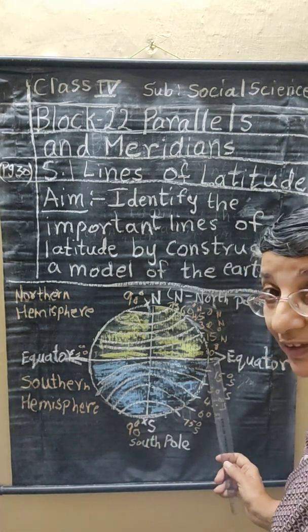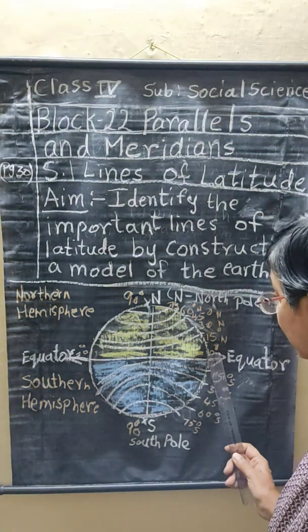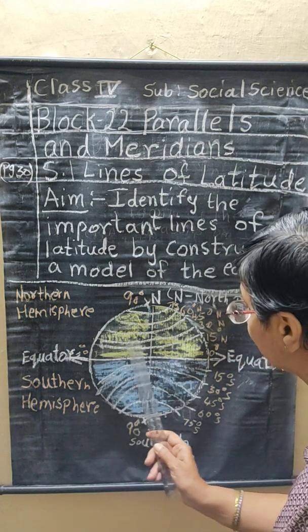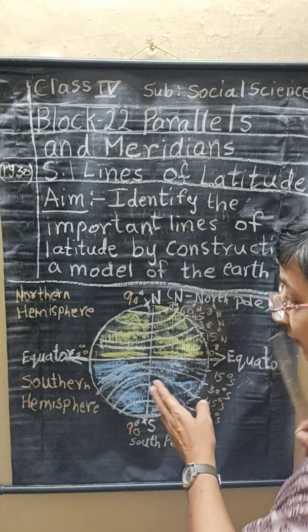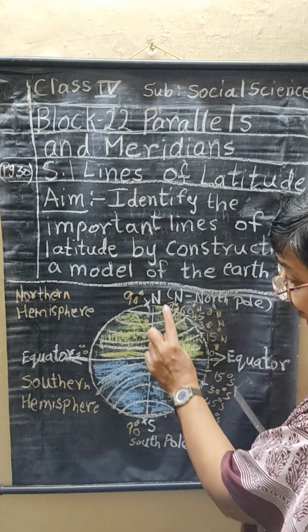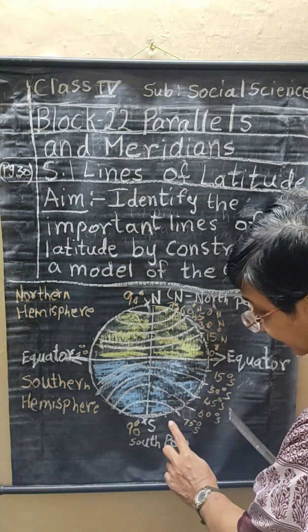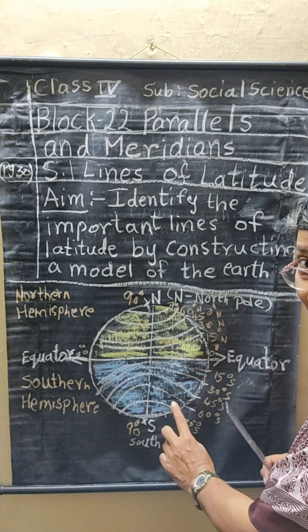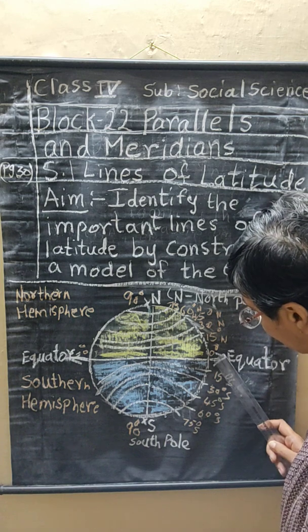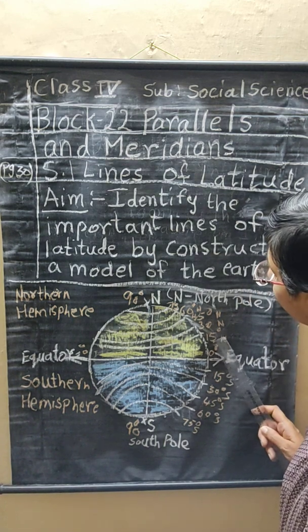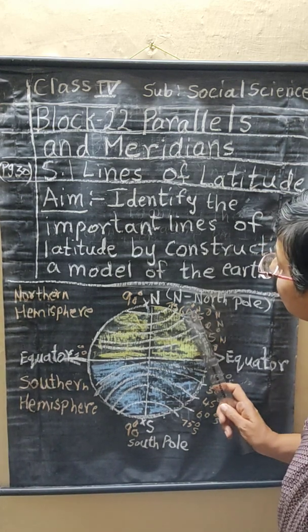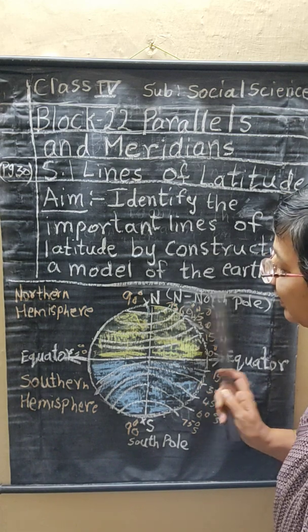Equator is 0 degree. Now you can see this imaginary line. Did you see this imaginary line? Now one more thing. 6 lines will be there on the north side and 6 lines from the south. It's easy, no, children? Now from the north side we'll start: 0 degree north, then 15 degrees north, 30 degrees north, 45 degrees north, 60 degrees north, 75 degrees north.